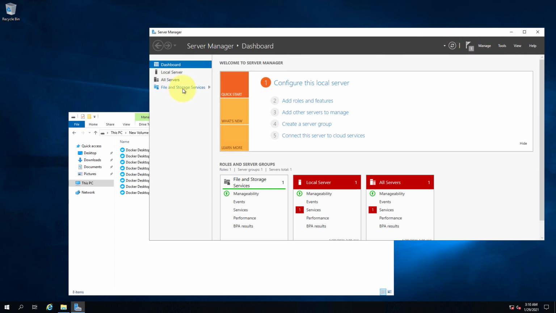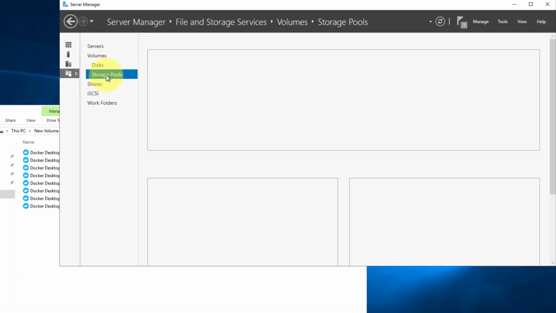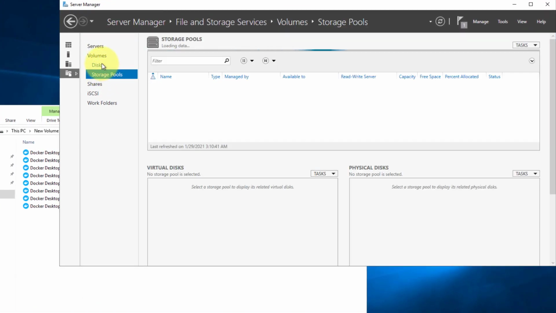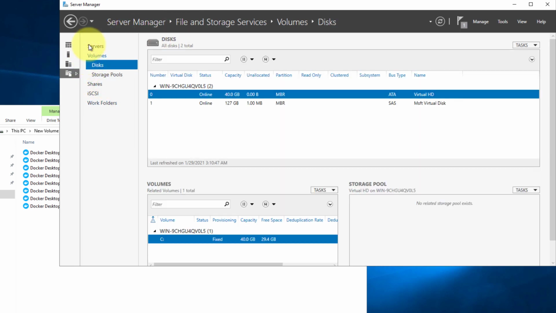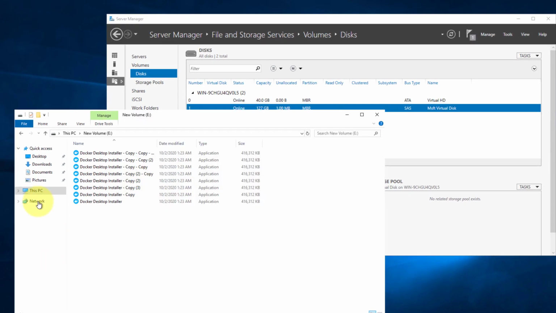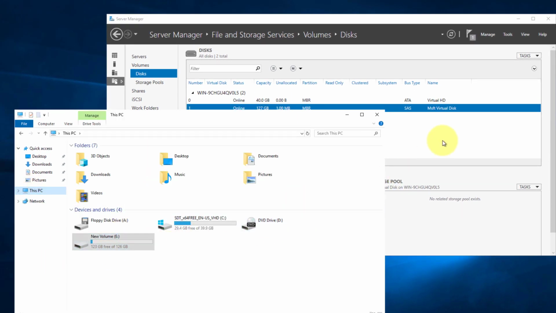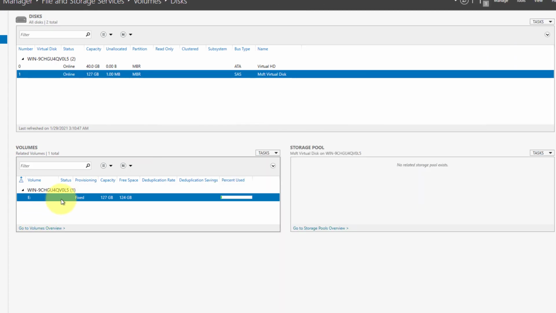I will click on File and Storage Services, then on Disks. I will select the second drive, which is my new volume E, and here you can see volume E is selected.